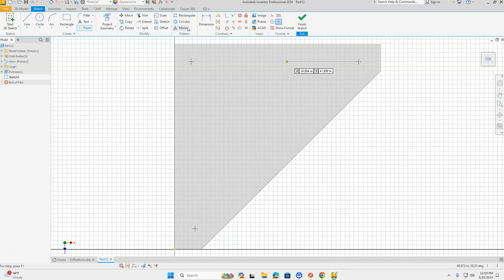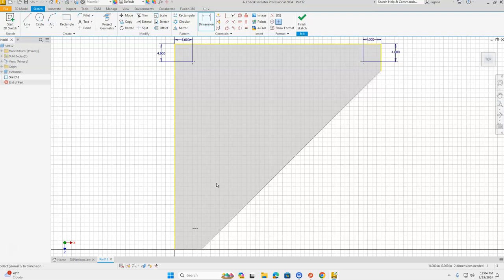Now we have to add our dimensions. We're going to dimension from the left-hand side of our block to our point. Bring this dimension up. And this dimension is going to be 4 inches. And press Enter on the keyboard or the green check mark right here. We're going to click the top of our part and our point. Bring this dimension out to the side. This is also going to be 4 inches. And we're going to go around just like we did with our main platform and dimension these all at 4 inches. Click your side, click your point,